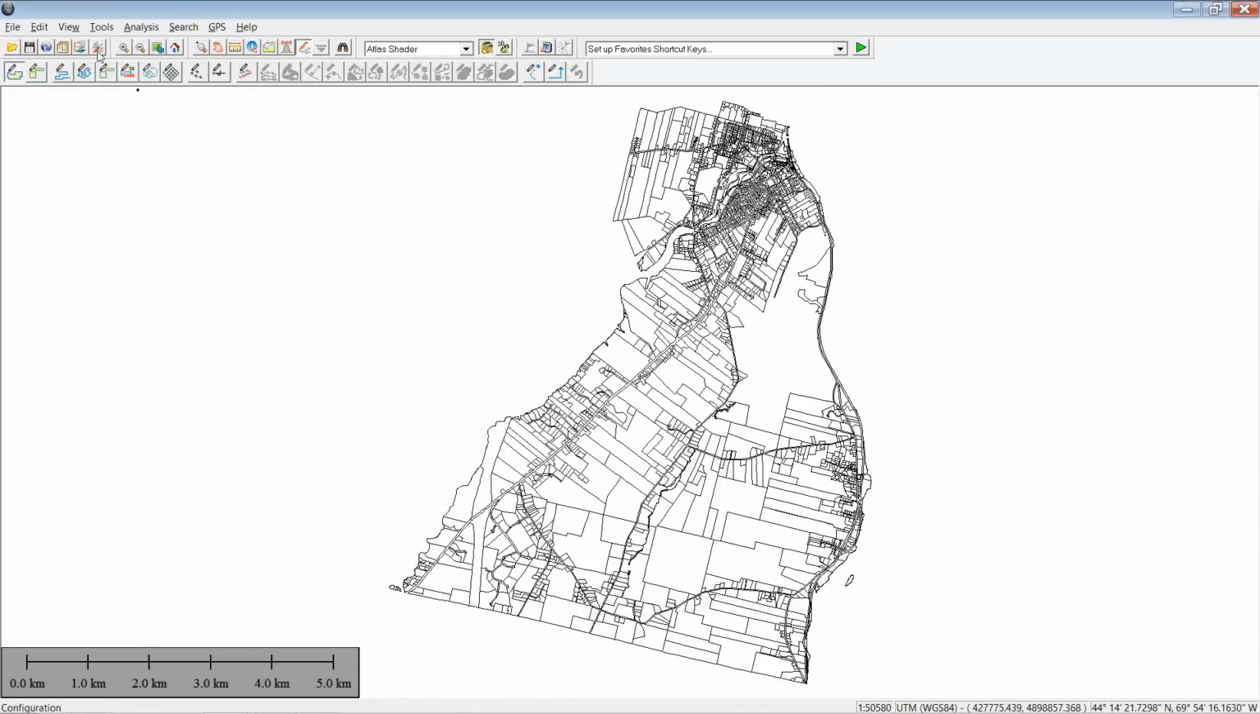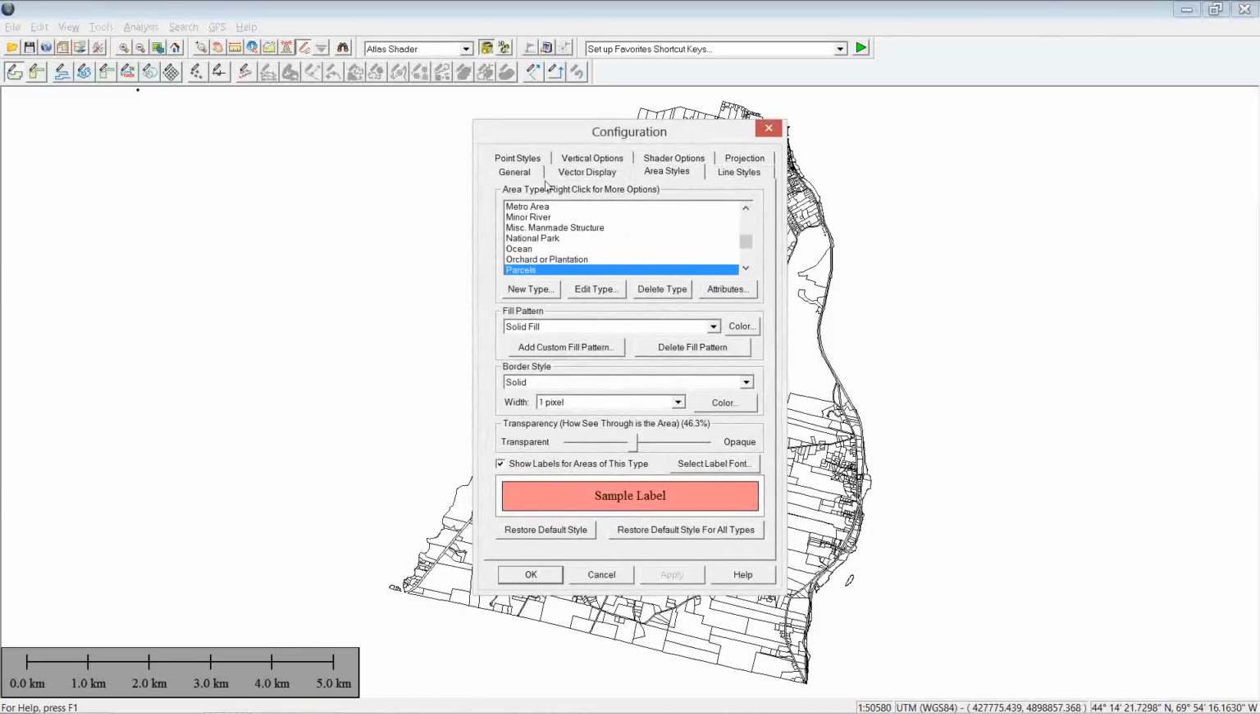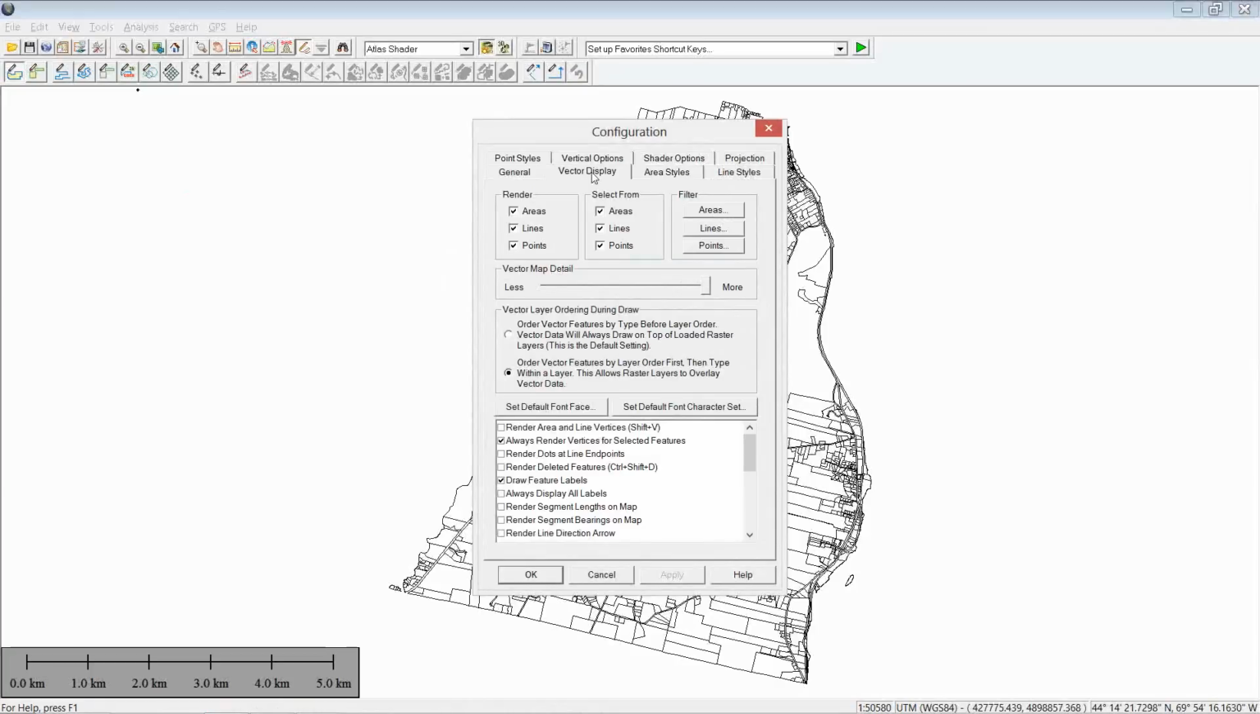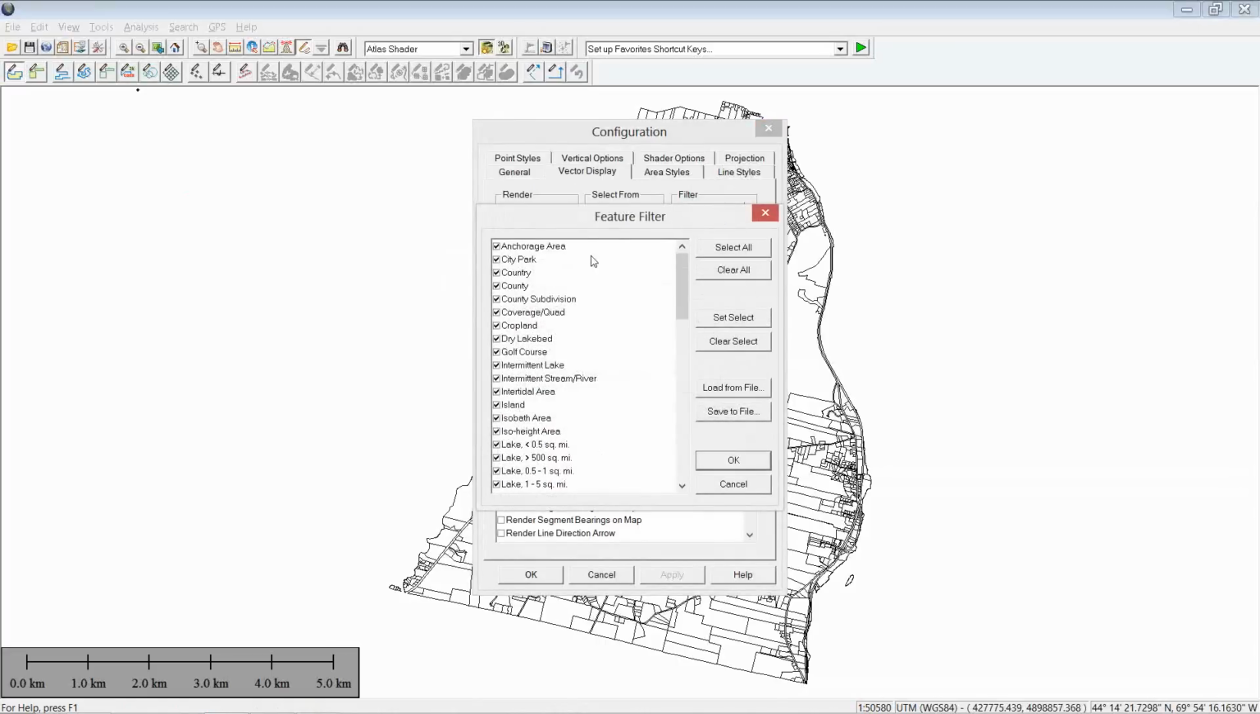Once again, we're going to open up the configuration dialog. This time we're going to go to our vector display tab. And in vector display, an oft overlooked function is this filtering options, where we can filter lines, points, and areas. And I'm going to choose my areas. You'll see these are all checked on by default. In other words, I'm going to have access to all of these pre-configured feature types, as well as my own custom feature type, which is my parcels. I don't need any others but my parcels, so I'm going to clear all. Use the clear all button, and then individually choose what it is that I want, which in my case is